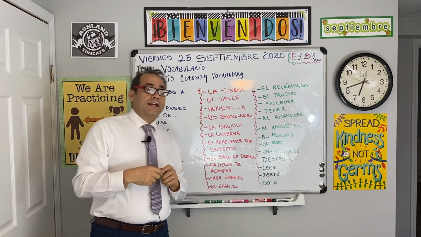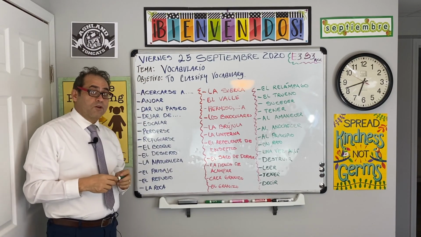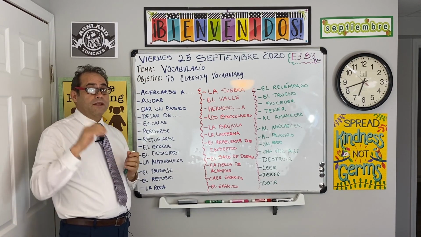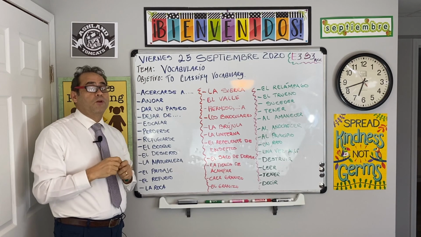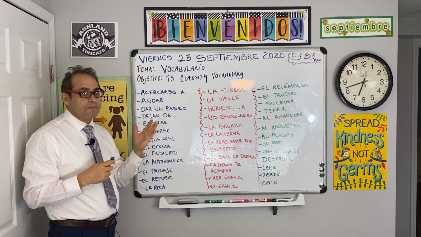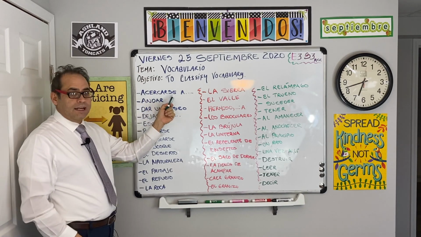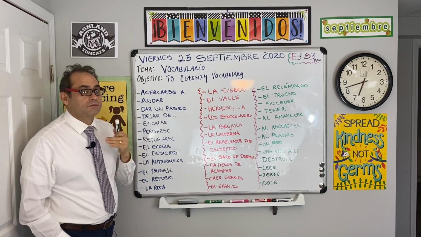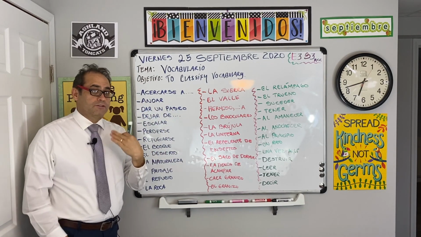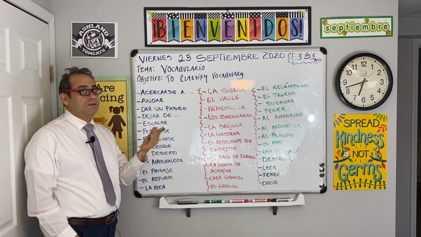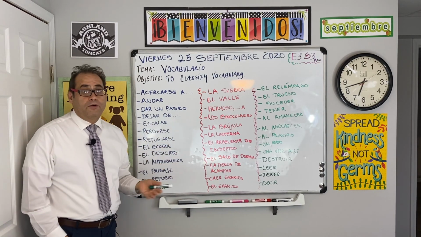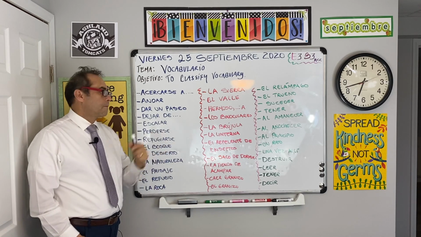For that reason, guys, today we're going to be working on this vocabulary. We're going to be doing the number 5, that is illustration. You're going to make a project about vocabulary today. Okay, so we have acercarse, to approach, maybe to the river, maybe to somebody, maybe the elephant, maybe the snake, maybe the person approaches you.